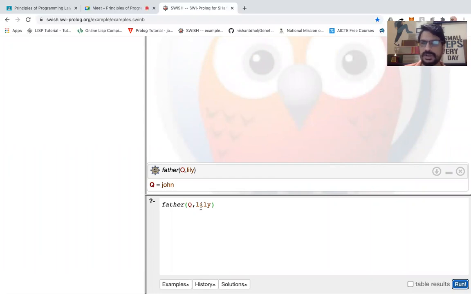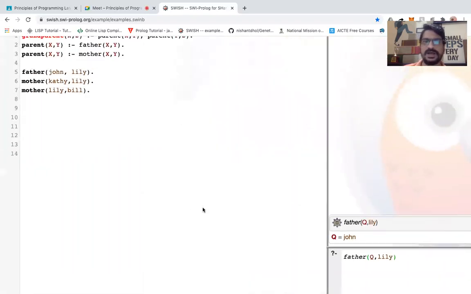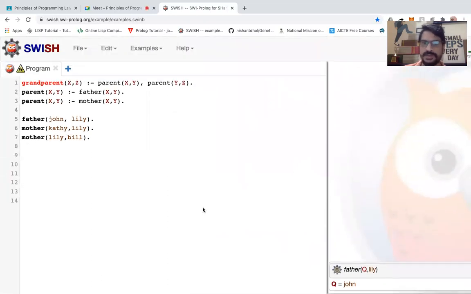So I think you got the concept, right? The concept here is that in logic programming, we have to give the knowledge base to the system. And based on the knowledge base, we have to give some logic. So there is a knowledge base, there is some logic, and based on these two and the input, the system will give me the output.